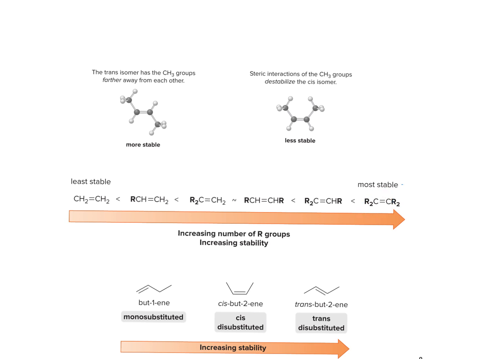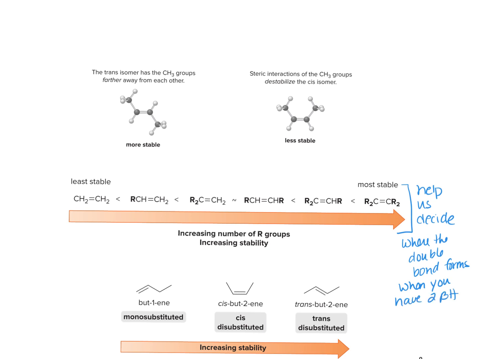This is going to help us decide where the double bond forms when you have two beta hydrogens to choose from. We are going to look at that in another screencast, but I do want you to know why that's important right now. So I want you to look at this example